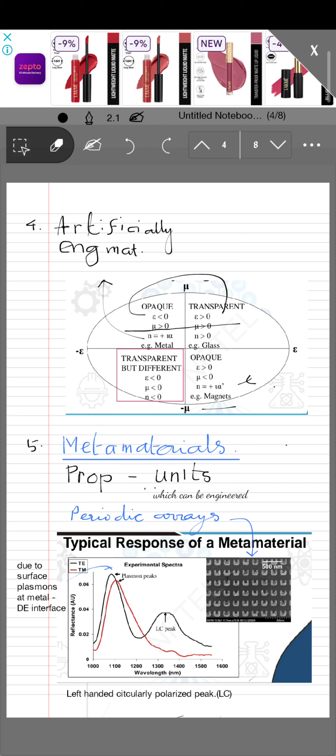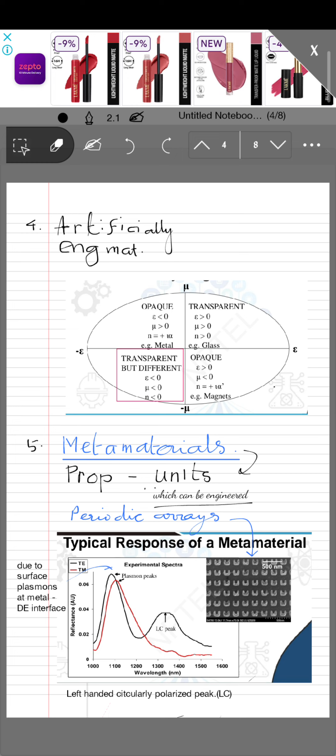Now, as in a normal material which is made up of atoms, metamaterials are made up of units which are actually being engineered. Like here you can see this is a unit of a two-dimensional array of material of a different refractive index,